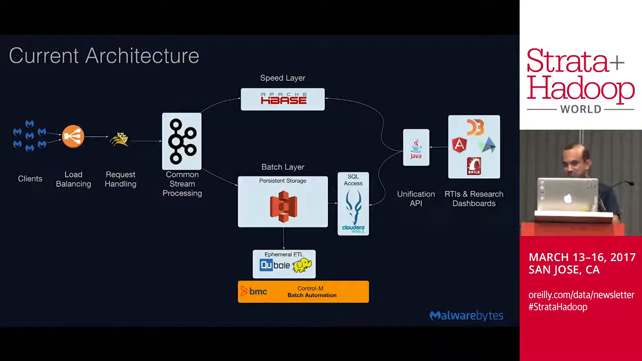So Qubole helped us build these ephemeral clusters, and we underpinned this entire technology using BMC Control-M batch automation. It gives us the capability to manage our SLAs, as well as to predict whether our jobs are going to complete on time or not. So we have used the speed layer and then the batch layer, and we have provided a unification API,